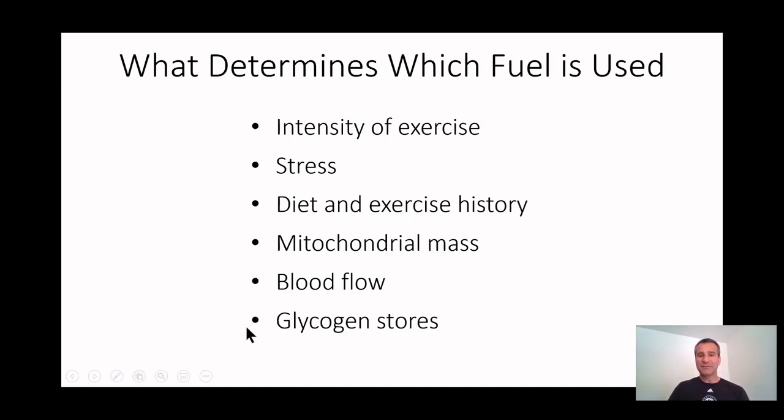And other things like blood flow and glycogen stores are going to be important in this as well. If I have been on a ketogenic diet for only a short period of time, one of the things that happens is you break down all of your glycogen stores, so that you don't have to have as many carbohydrates there. Initially, you're going to use those carbohydrates, and you're going to lose glycogen, and that's one of the reasons why on a ketogenic diet you lose weight really quickly, at least in the first little bit, because the first 4 or 5 pounds that you're losing is because you've gotten rid of the water associated with your glycogen. All right, so all of these things are going to go into what determines which fuel is used.